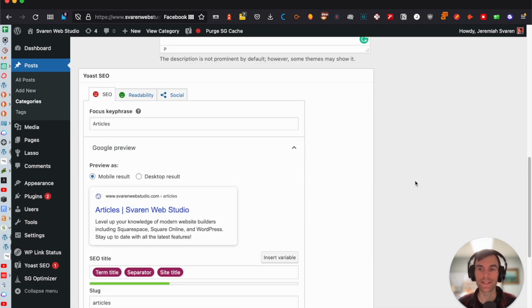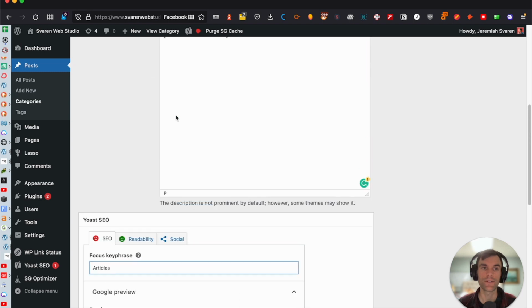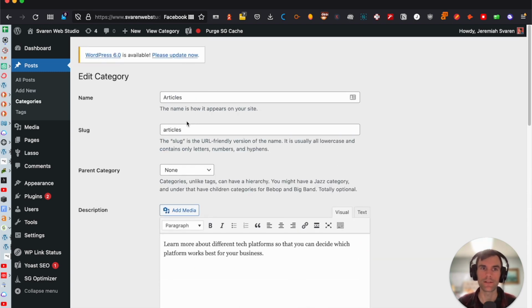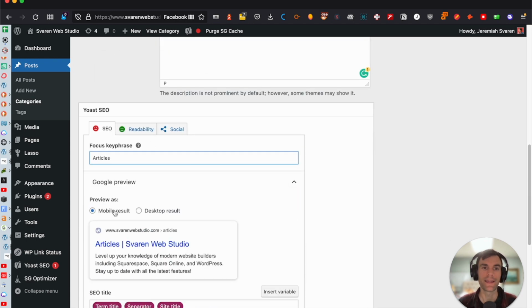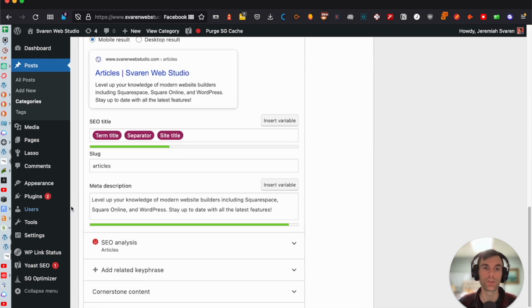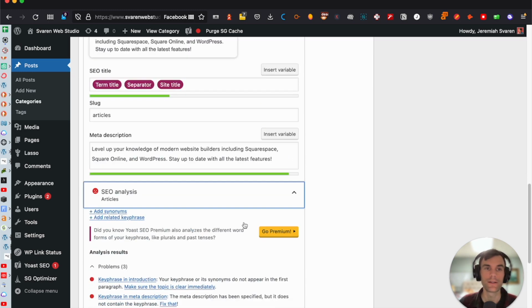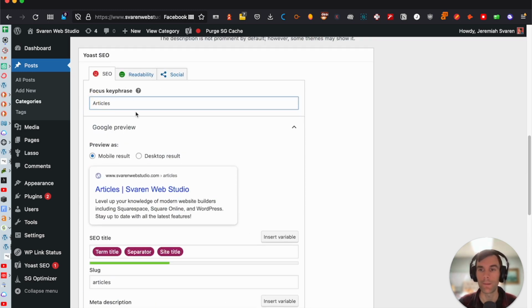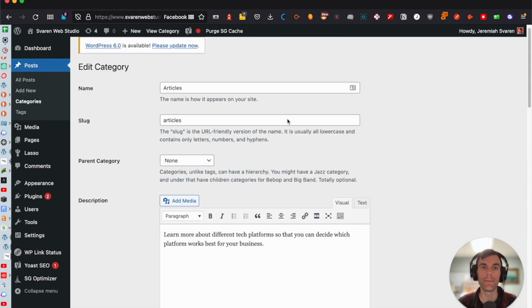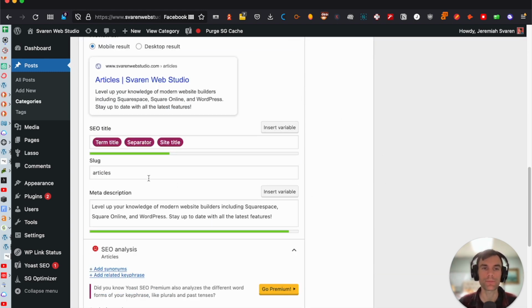And then also if you have Yoast SEO or Rank Math SEO plugin to help give your meta descriptions and all that an easy place to edit, then you'll see this Yoast SEO box right here. And then you can enter in a focus key phrase, which it just automatically pulls in the slug or the name of the category. And then it'll kind of give you a little bit of a grade here on how you're doing. In this case, I need to say like web design articles or something like that. But that's kind of a broad category. So you should be able to then enter in a good lengthy meta description here that is somewhat different from